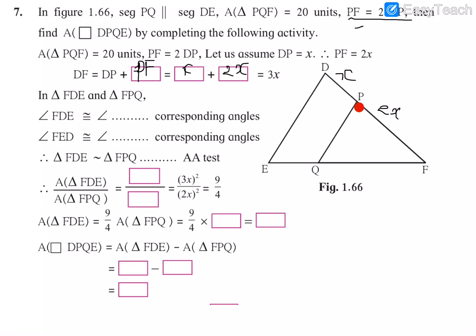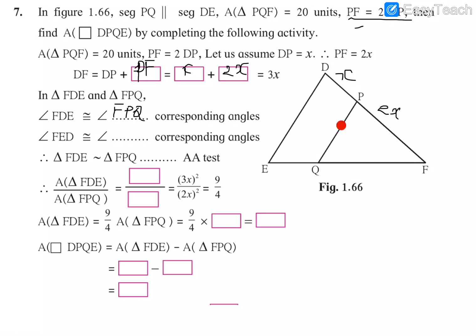Since they are corresponding angles, the angle at this point and angle at this point, FDE and FPQ, will be equal. So that step is written here. Angle FDE equal to angle FPQ,